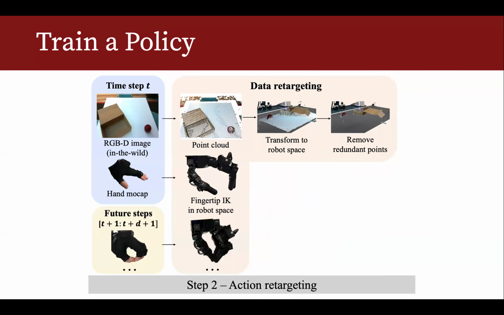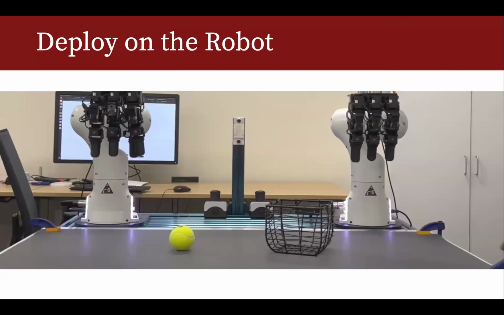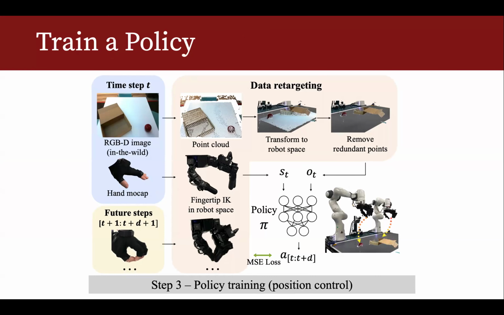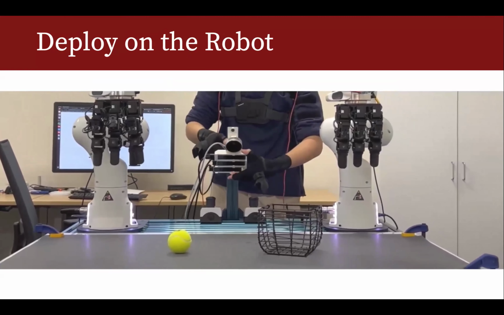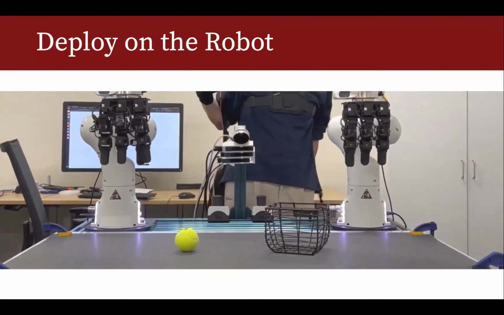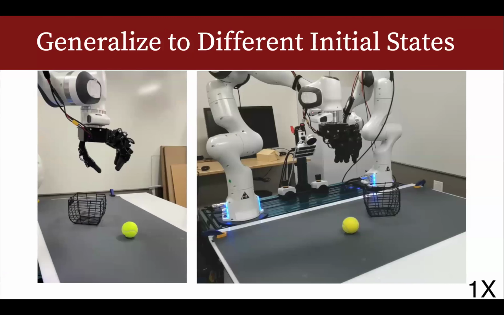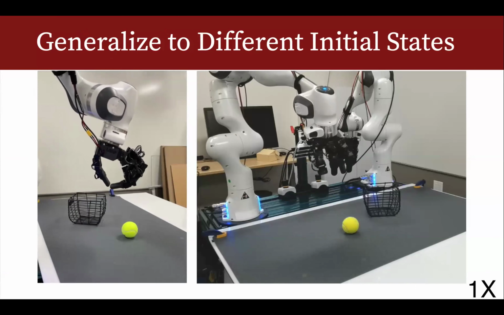And that's super simple. If you ask anyone from computer graphics, like Michael, he would say, well, that was done in the 80s or 90s, right? So there's not much fancy stuff we did for retargeting. But after you retarget both the observation and the action space, then you just train a policy, a diffusion policy, using behavior cloning. So nothing fancy at all. And when you're done training your policy, you just go to the robot, give your robot this policy, and the robot will start performing zero shot.